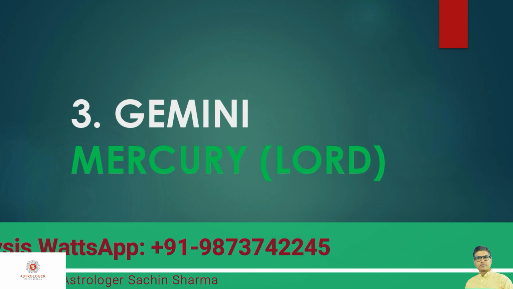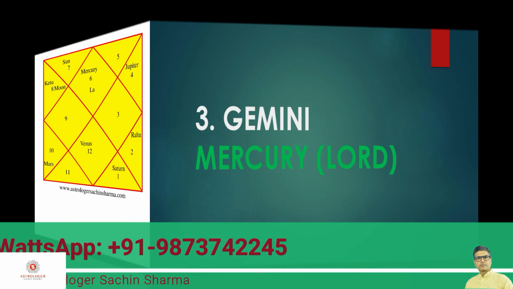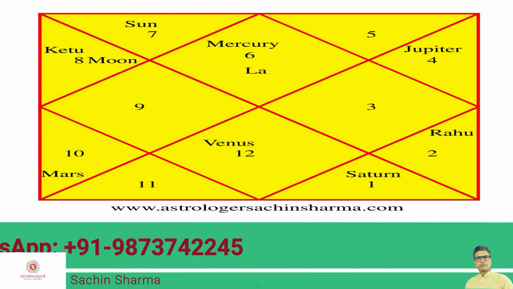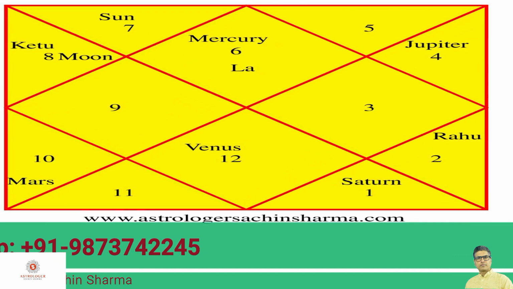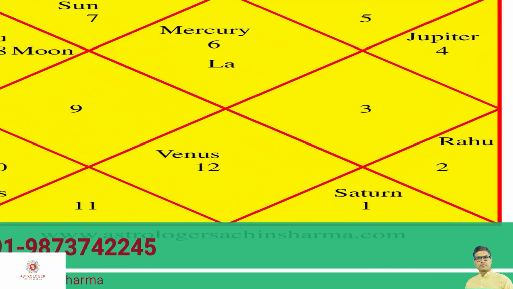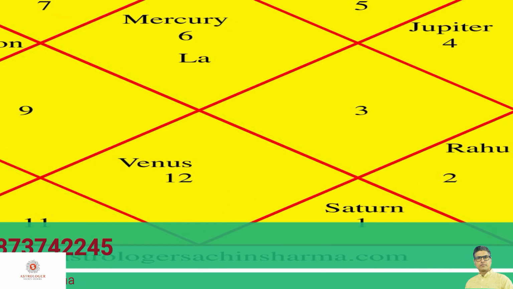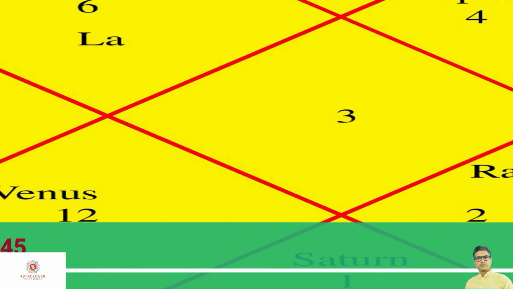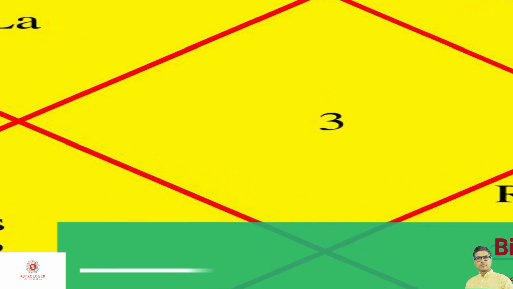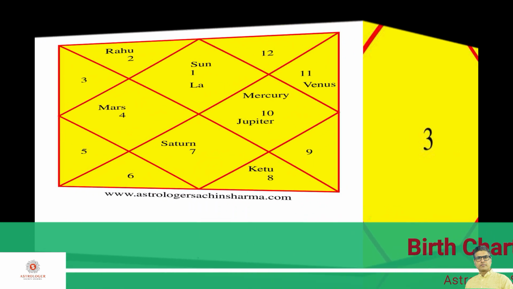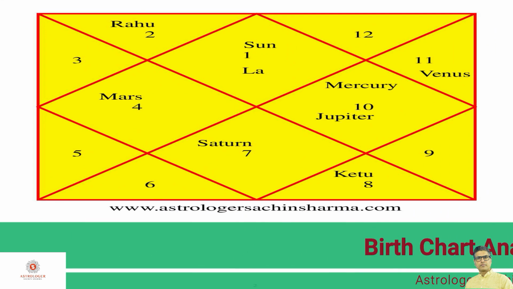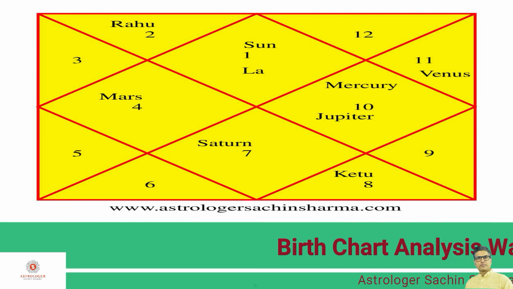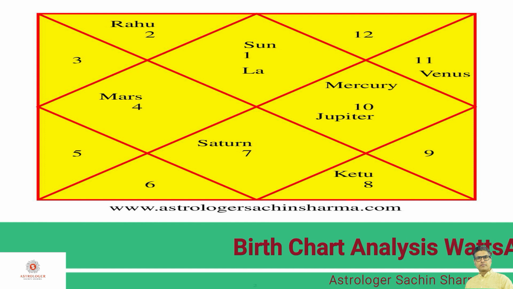Let us understand this concept practically in a birth chart. Here we can see number 3 is written in the 10th house of the birth chart. That means it belongs to Gemini and Gemini lord is Mercury. Hence we can say the lord of the 10th house is Mercury. Let us take another example here. Here we can see in the 3rd house number 3 is written. That means this house belongs to Mercury itself.